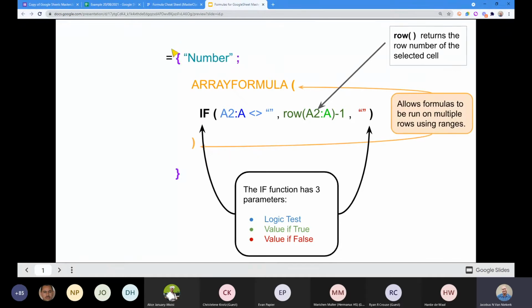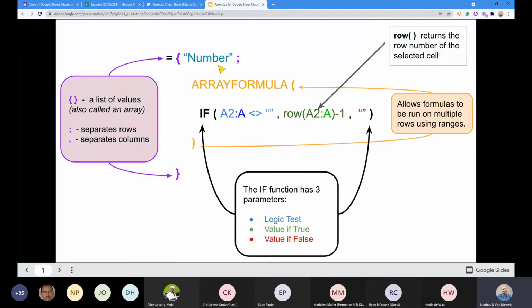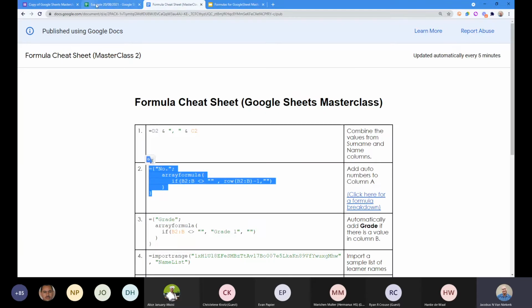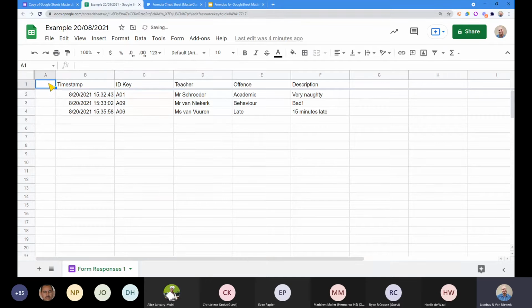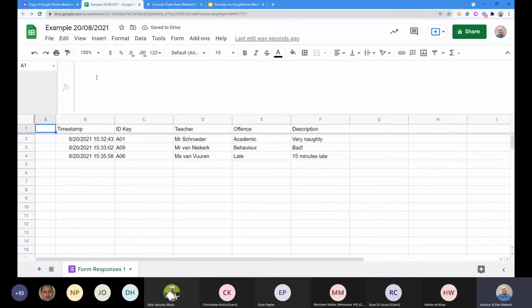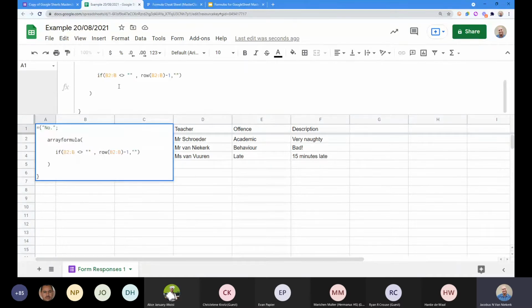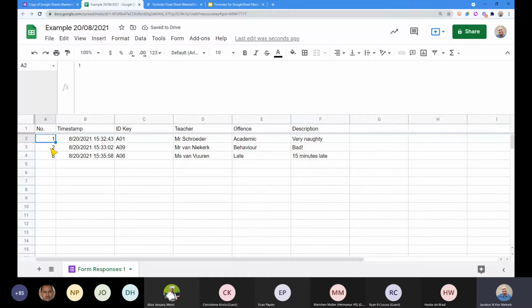And then we use this little wrapper around here with the curly brackets to give myself a column header. Remember, the curly brackets is when we create our arrays. Okay, we can't spend too much time on this because these are things we focused on last time. So if you struggle with it, luckily the cheat sheet is there. You can copy that, and just make sure when you paste things, don't just paste them. Click in the formula tab. It's a more surefire way to work. Click there, paste it, and then enter, and you'll have your auto row numbers set up for you.